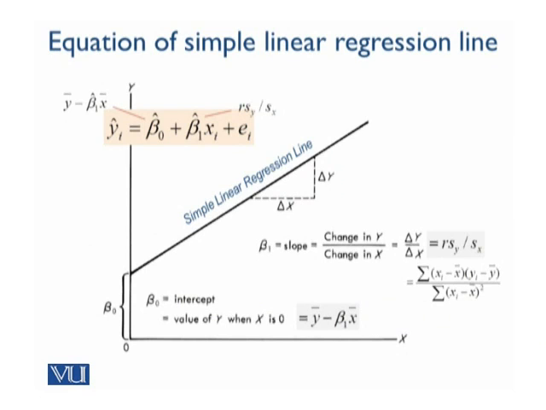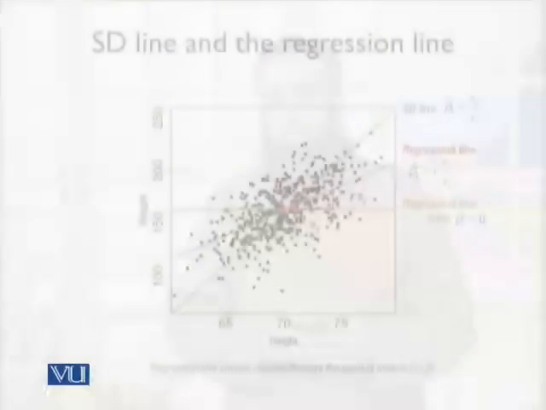So another point that we need to emphasize is that beta naught and beta 1 are parameters that correspond to populations. But when we are estimating them, we put a hat on top of beta naught and beta 1 because we are often using samples to estimate population parameters. So for beta naught and beta 1 we have a hat. And also we have a hat on top of the predicted value of y because this is a predicted value and we are going to have some error. This error we quantify by the term e_i, which actually captures all the other variables that we have not accounted for in our regression line.